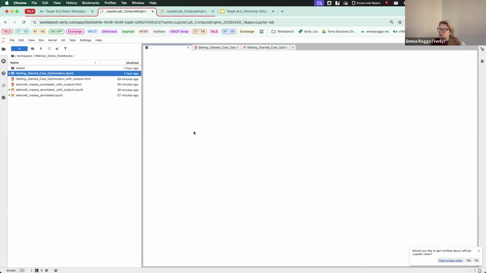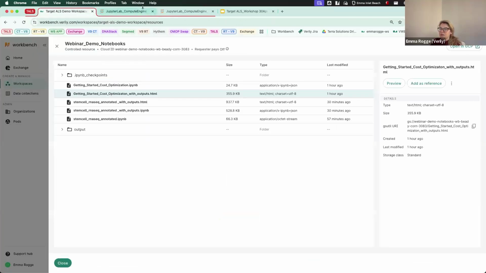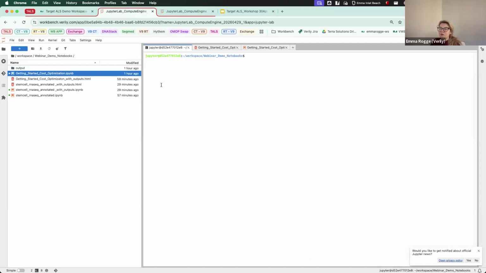The reason for that is that I am currently working in this workspace, not in my duplicate workspace. And for all of you to have the correct copy of this demo notebook, which has no cells executed, I actually need to make a copy of it outside of my bucket because this bucket is syncing. So if I were to delete any of these files from this bucket in the parent workspace, they wouldn't be available to you when you would duplicate this, say, in the future. So I'm going to copy from this directory my Getting Started notebook